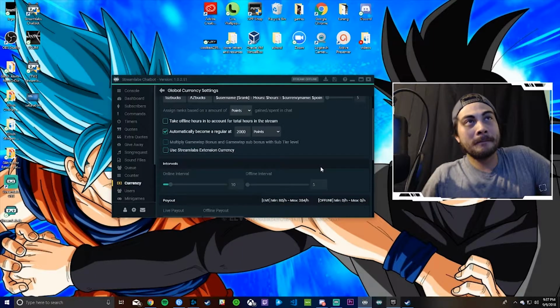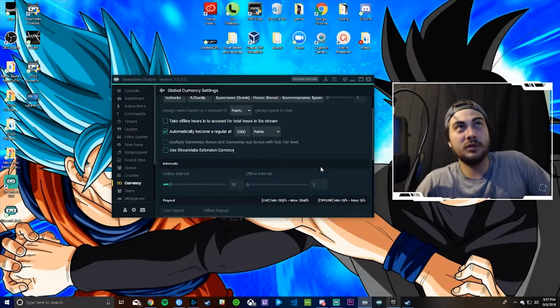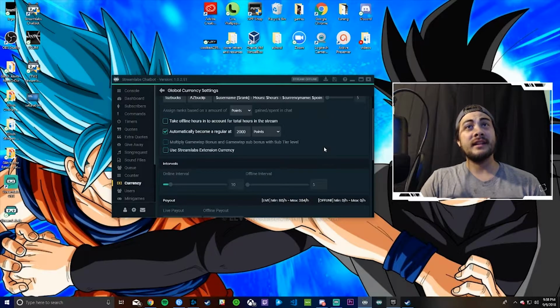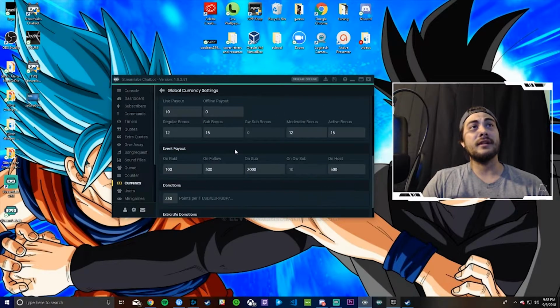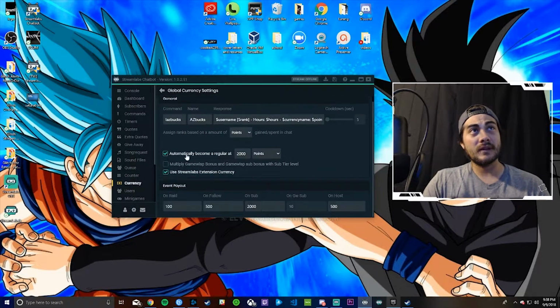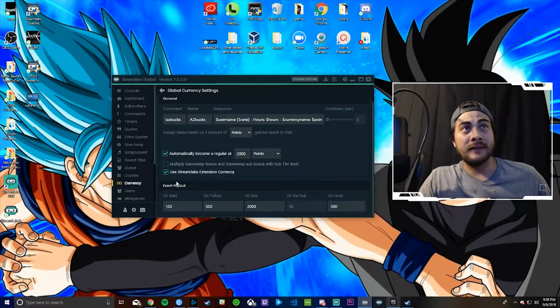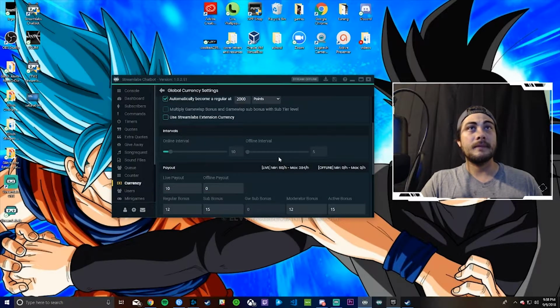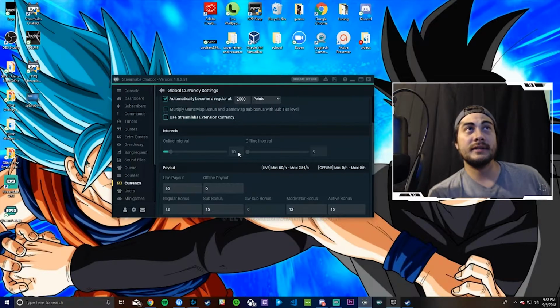And then there are two ways to go about this. You can use the currency extension, but it does get rid of a lot of your customizing here. As you can see, you get event payout and that's it. Everything else is set up through the extension. I don't like doing that. I like keeping things simple, everything in one spot. And then with that, you can set up your intervals however you want,